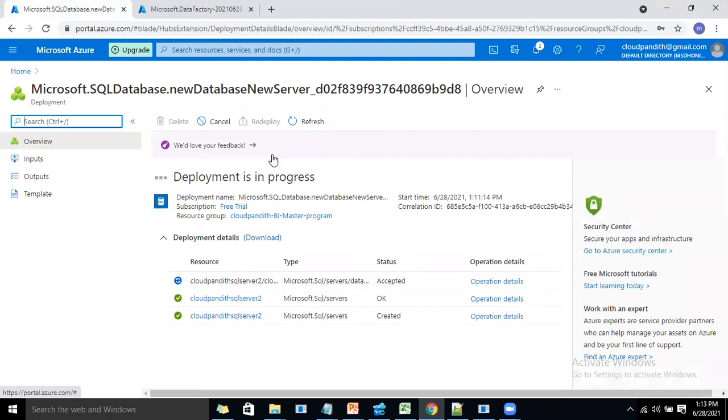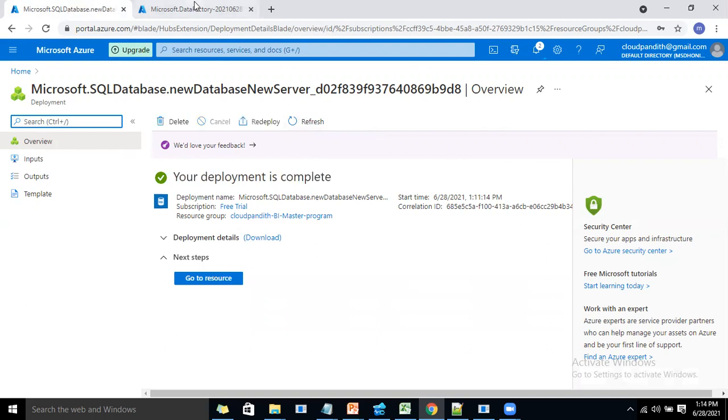Third way is within the SQL database, there is something called query editor that you can use to connect to the SQL database. I know many of you know these things. If you think you know all these things, you can quickly pause this video and look at the main concept that I'm discussing in this particular session. Okay, let's wait for a few minutes.